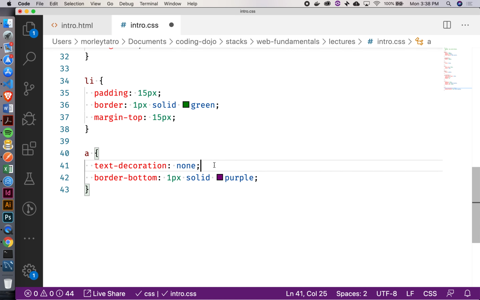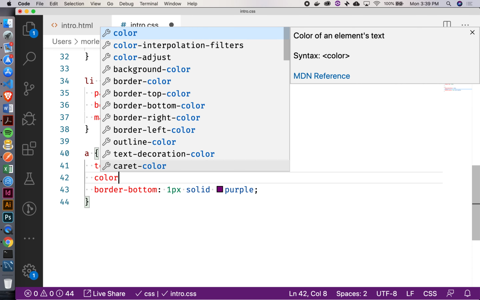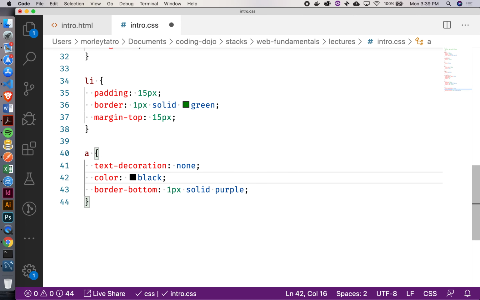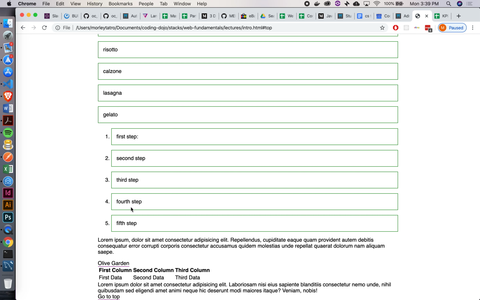Cool. And then the other thing I want is I don't want the text to be that typical blue color, so maybe I'm going to say color black. Okay. You guys see that okay? Yeah. So now my text is actually black, and I've got this little border on the bottom. So it does kind of look like it's a link, but